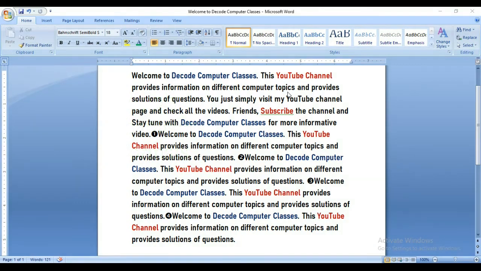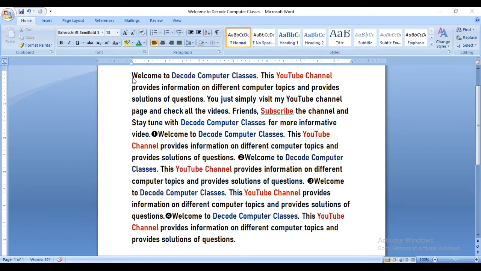So friends, we are going to start a new chapter again, apply character formats. Okay, so this lesson is all about character formatting. In front of you can see a paragraph, and here at the top you can see the ribbon of MS Word. Okay, and we will start from the font settings.